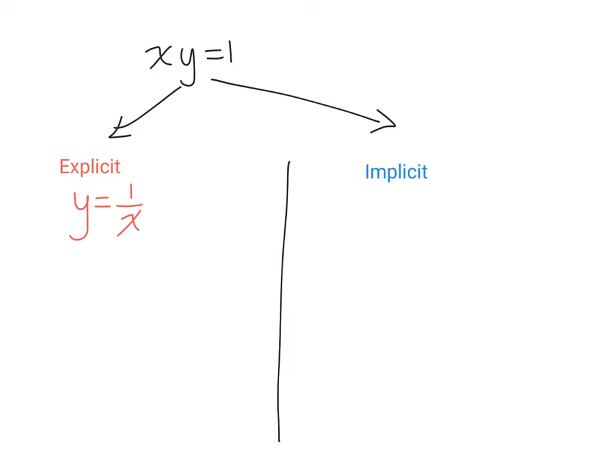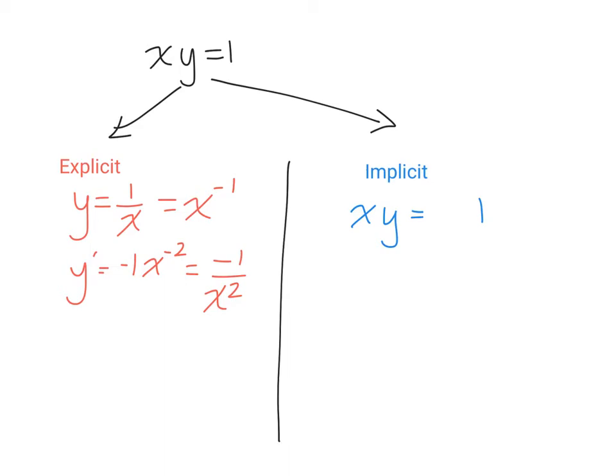Now to take the derivative of this, I might want to change this first into x to the negative 1. Now the derivative, using the power rule, would be equal to negative 1 times x to the negative 2, and I could rewrite that as negative 1 divided by x squared. Nice and easy. To take the derivative of an implicit function, I want to take the derivative of both sides,